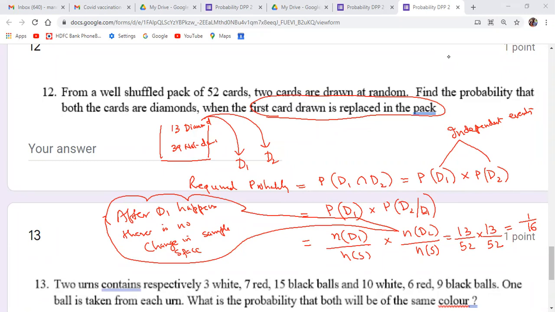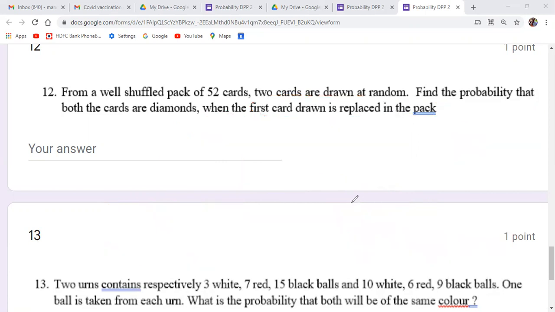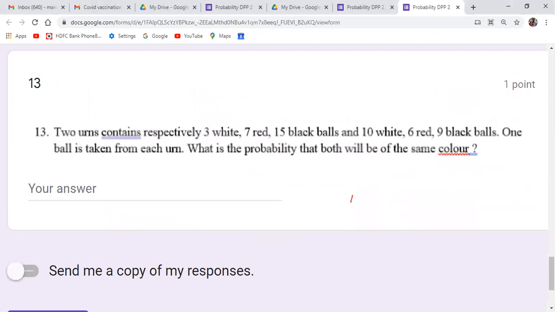Where did you get that 1 by 8 from? Oh, sir, no, sir, I added it. Sorry. Can I remove it? Yes. We are going to the last question of the day. My time is also exactly up.